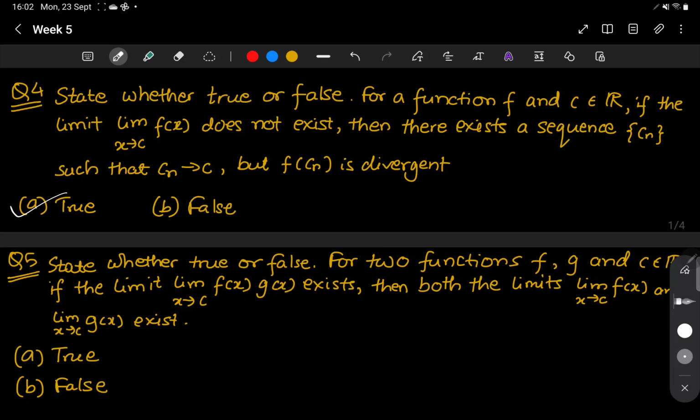So the sequence definition means that if you have a sequence Cn where n is greater than or equal to 1, and if this sequence converges or tends to a particular value c, and then if the function f of Cn also converges,